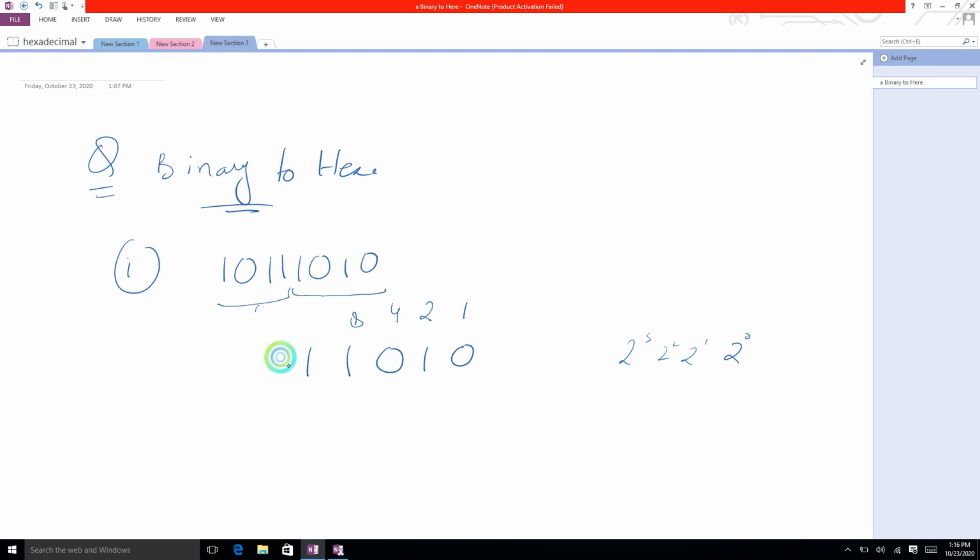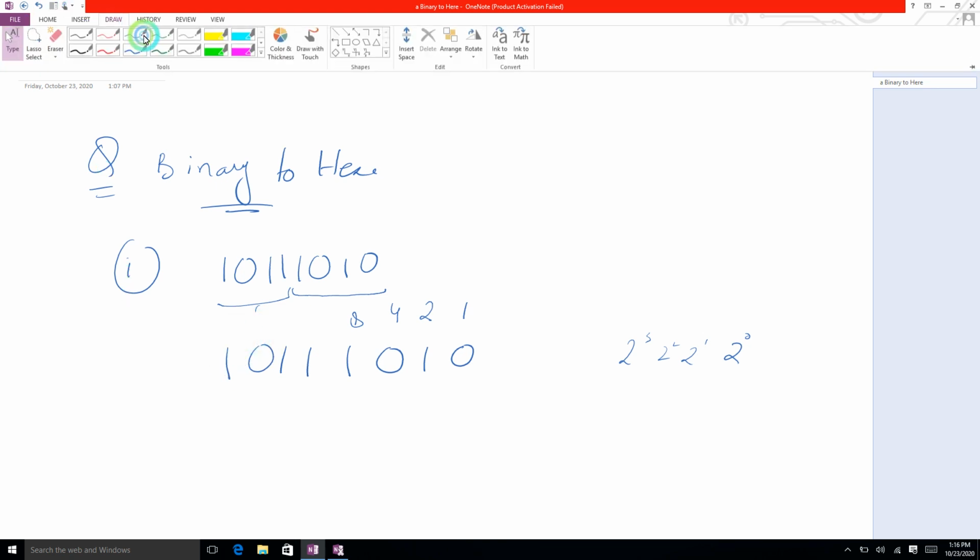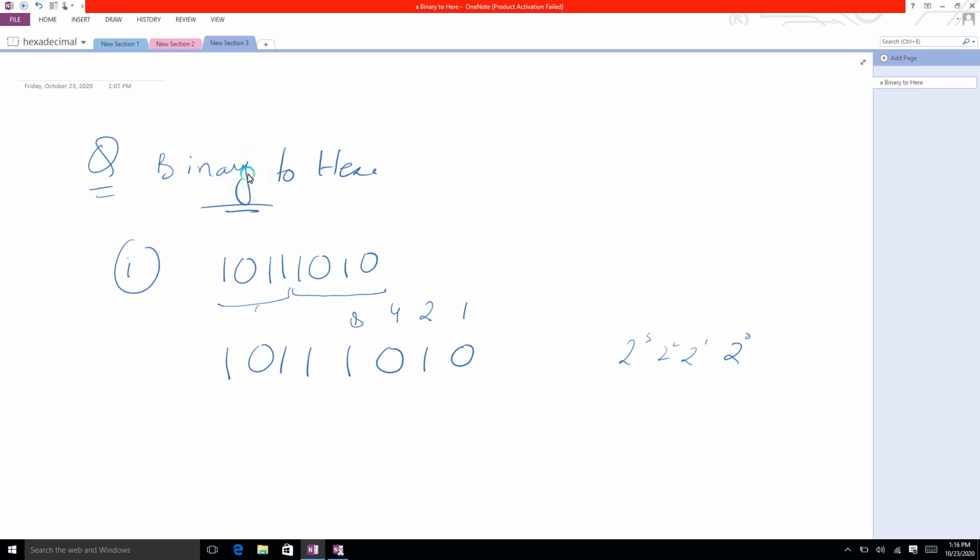Similarly, for the next group 1010, we'll assign the separate weight. Just going to change the color to make you understand. 1 2 4 8. इसके लिए हमने अलग weight assign किया और इसके लिए हमने अलग weight assign किया. So अब जहाँ पे weight on आ रहा है, like here 8, उसको ऐड कर लेंगे +2. ठीक है, it will give you 10. और यहाँ पर जो है 8 + 2 + 1, 8 + 2 is 10 and 1 is 11.